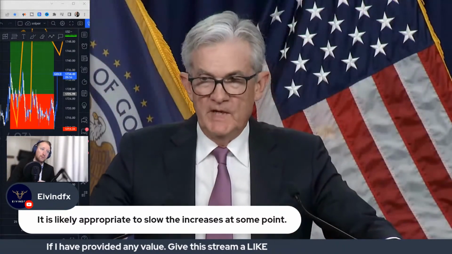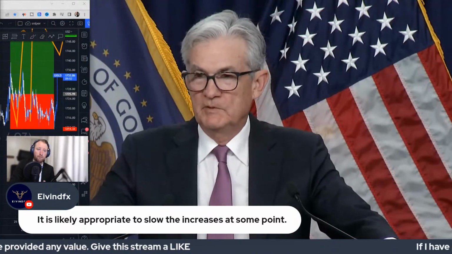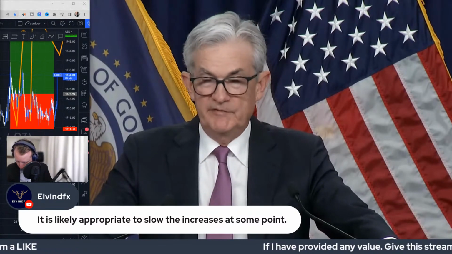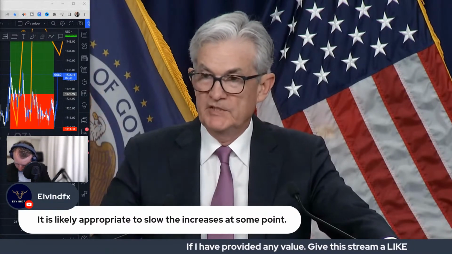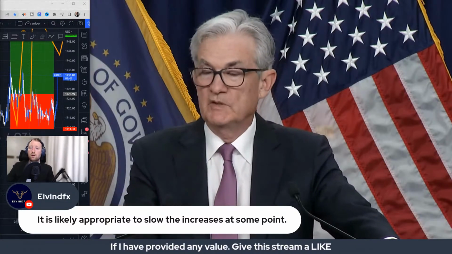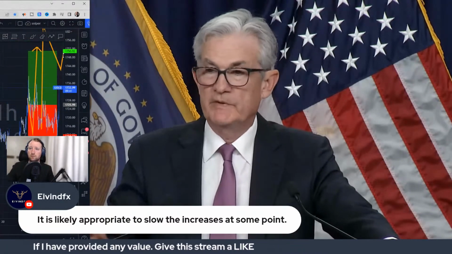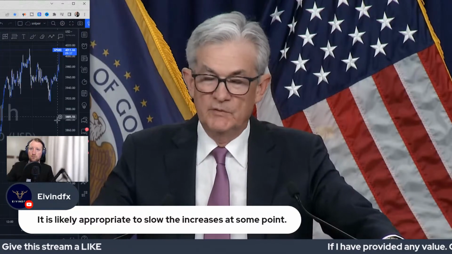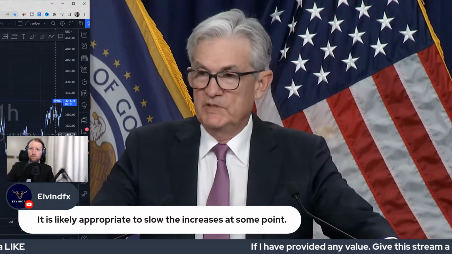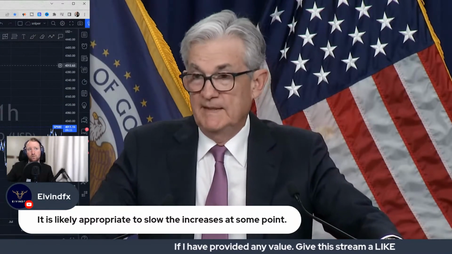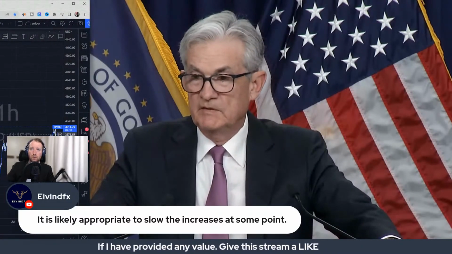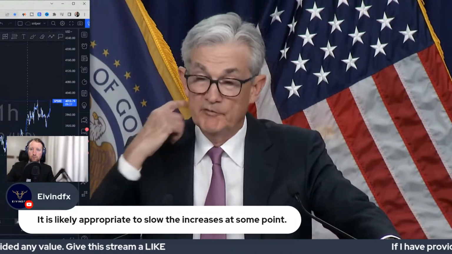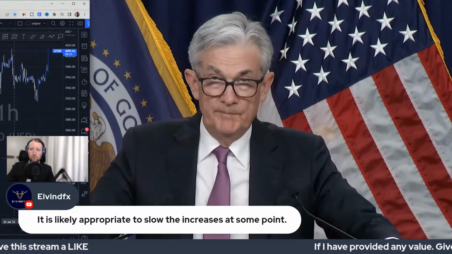So we're trying to do just the right amount, right? We're not trying to have a recession, and we don't think we have to. We think that there's a path for us to be able to bring inflation down while sustaining a strong labor market. As I mentioned, along with, in all likelihood, some softening in labor market conditions. So that's what we're trying to achieve, and we continue to think that there's a path to that. We know that the path has clearly narrowed, really based on events that are outside of our control, and it may narrow further.